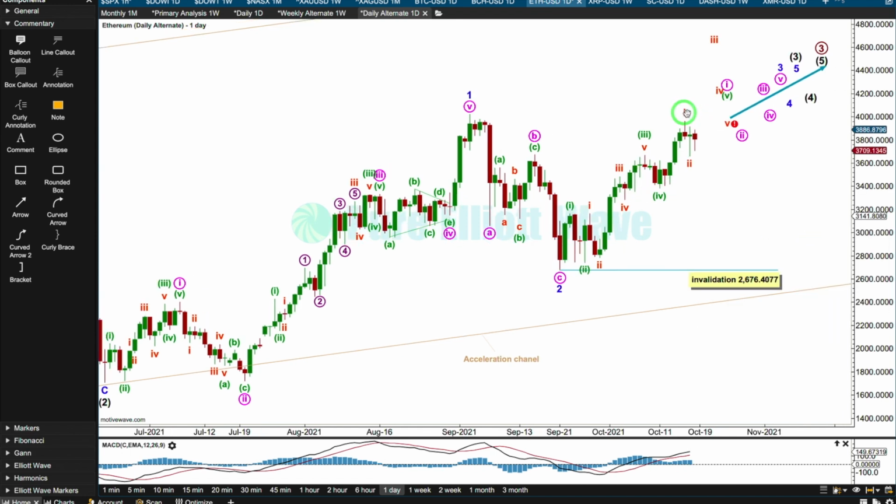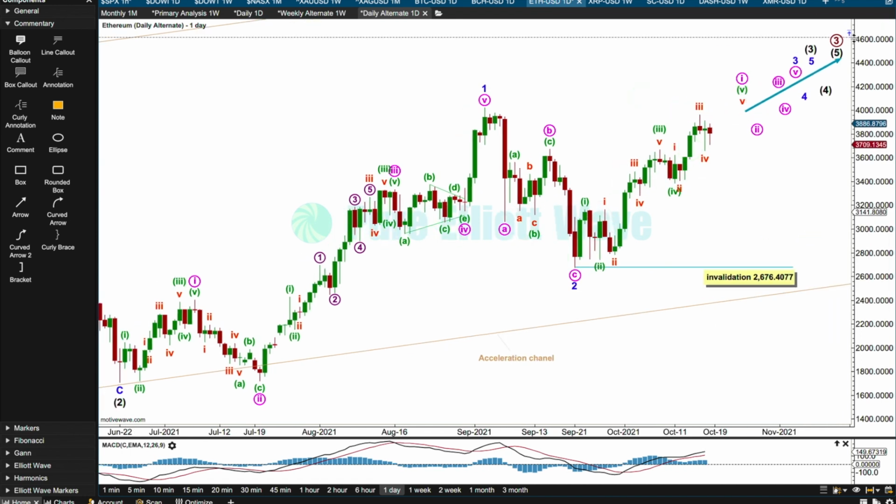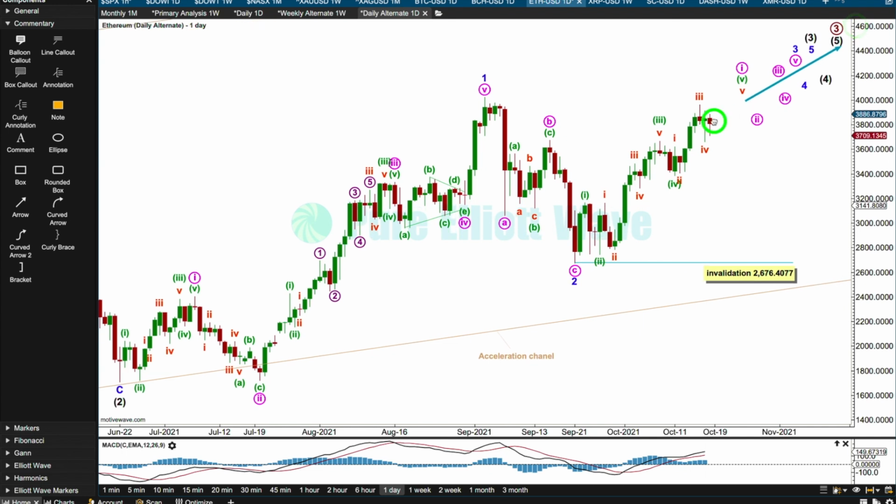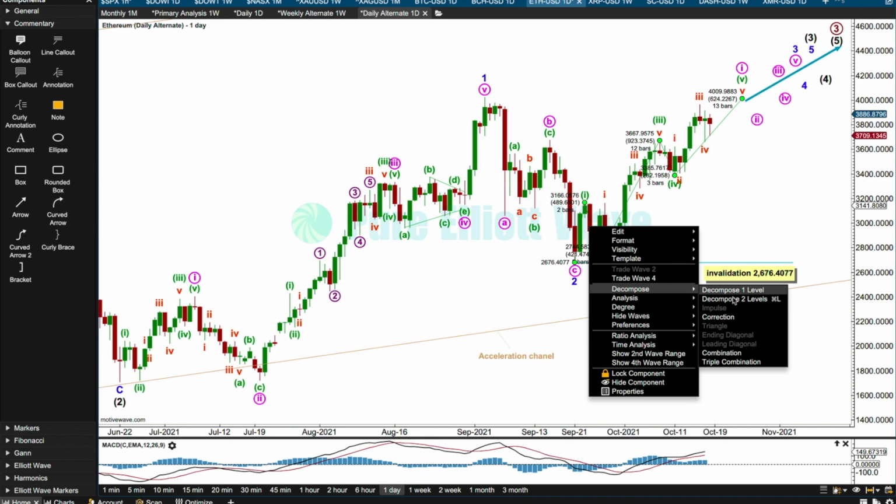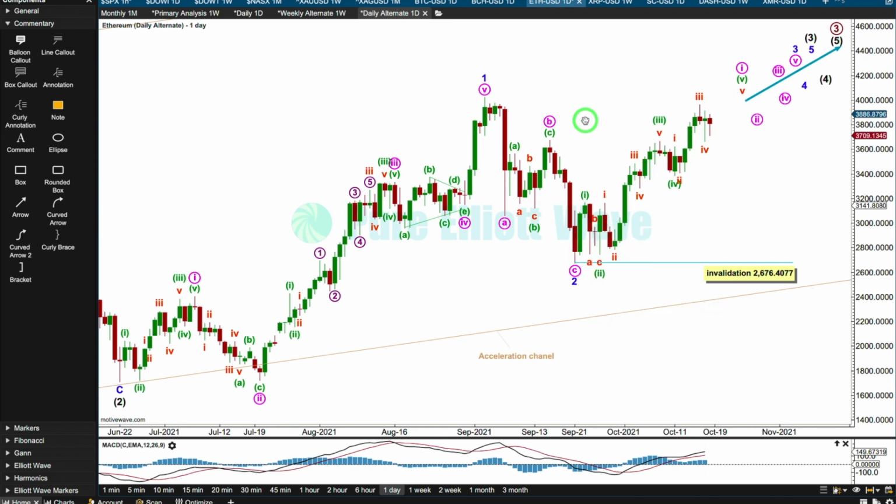No, not there. Subminuet 4 may not be over. It could be continuing sideways as a triangle. I'm going to get some labels in here for minuet 2. That looks really good. Okay, so within minute wave 1, I think we have minuet 1, 2, 3, 4, and